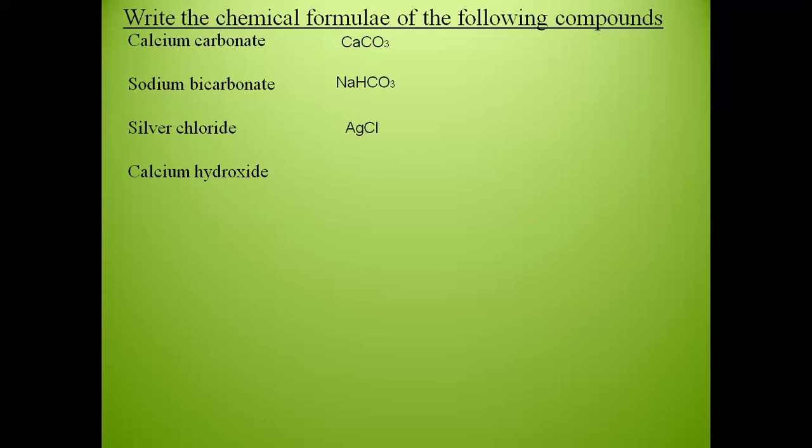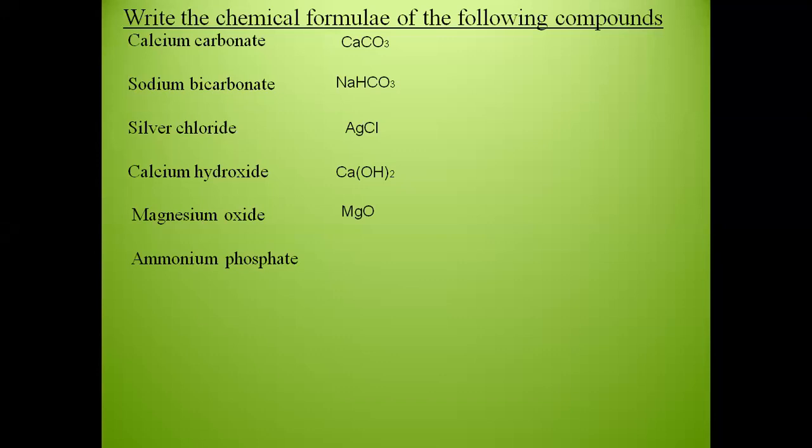Next one, calcium hydroxide. I think this is an easier one because we've already done calcium hydroxide. I'm not giving you much time here. Calcium hydroxide is Ca(OH) twice. Next one, magnesium oxide. Give me the answer for magnesium oxide. Magnesium symbol, very good, it is Mg. Oxygen is O. Both are having valencies 2. Both the 2 get cancelled. So please do not write Mg2O2. It is going to be MgO. As both the valencies are 2, they get cancelled. So I get the answer as MgO.